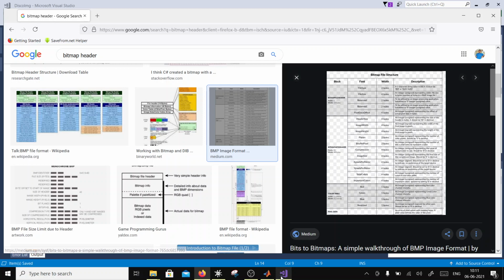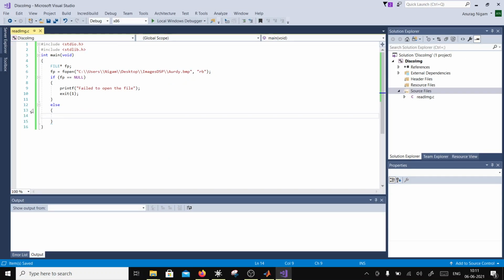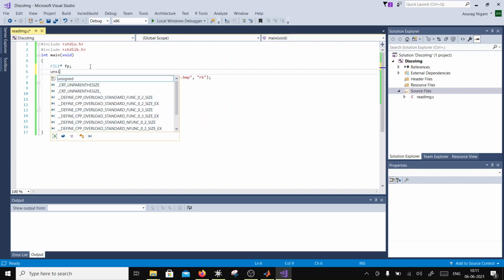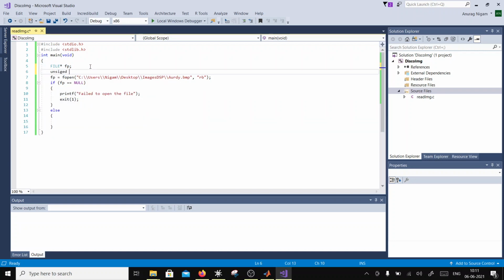So I'm going to say unsigned character ch. That's what we are trying to read.